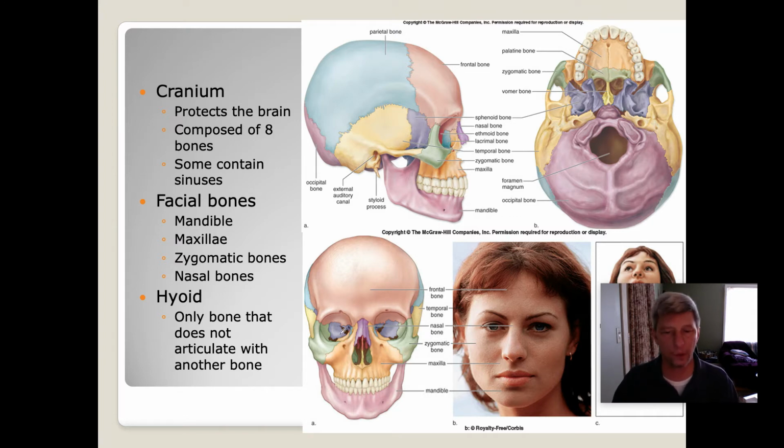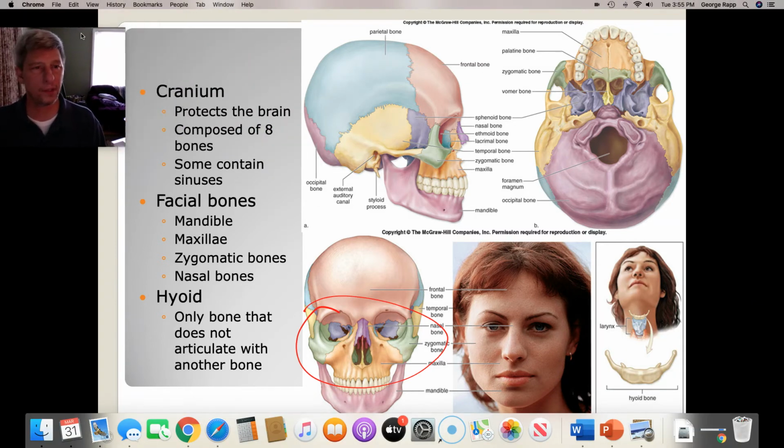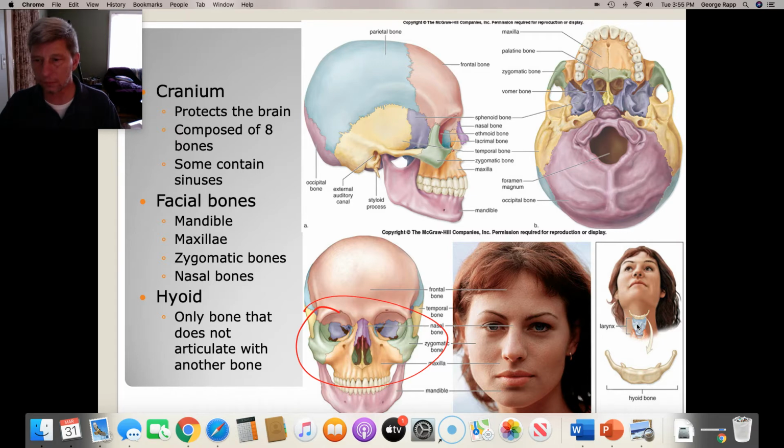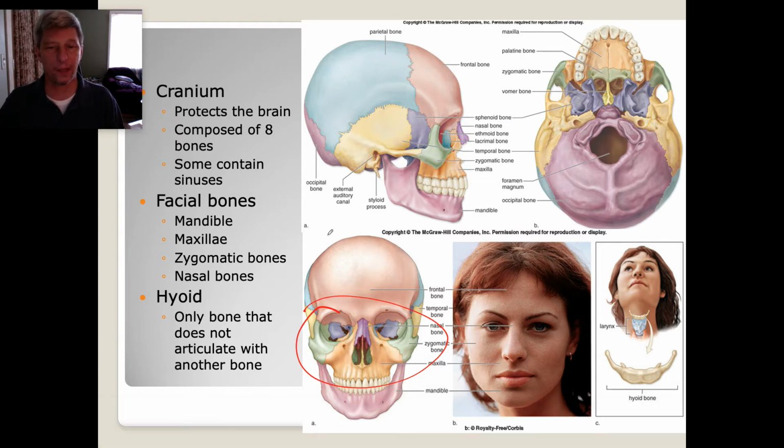The facial bones are mostly illustrated in this picture down here, and you can see lots of bones make up this section. The hyoid bone is shown over here. You can see it just above the voice box, and it's fascinating because it's the only bone that's not attached to any other bone in the skeleton. Some of the facial bones that you want to be aware of are the